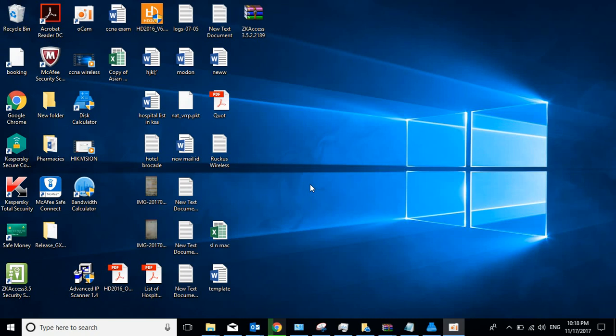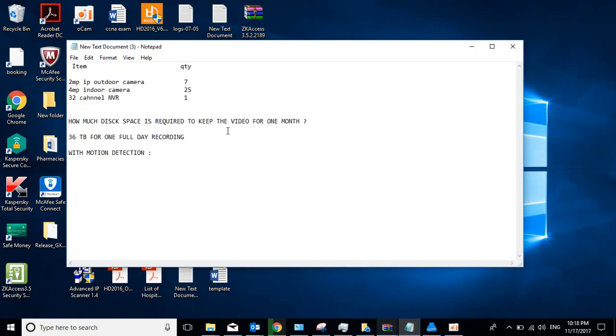In this video, we're going to talk about how to calculate the required disk space for your CCTV cameras. So we will open our task. We have a small BOQ, or a small number of cameras, that we are tasked to calculate the disk space